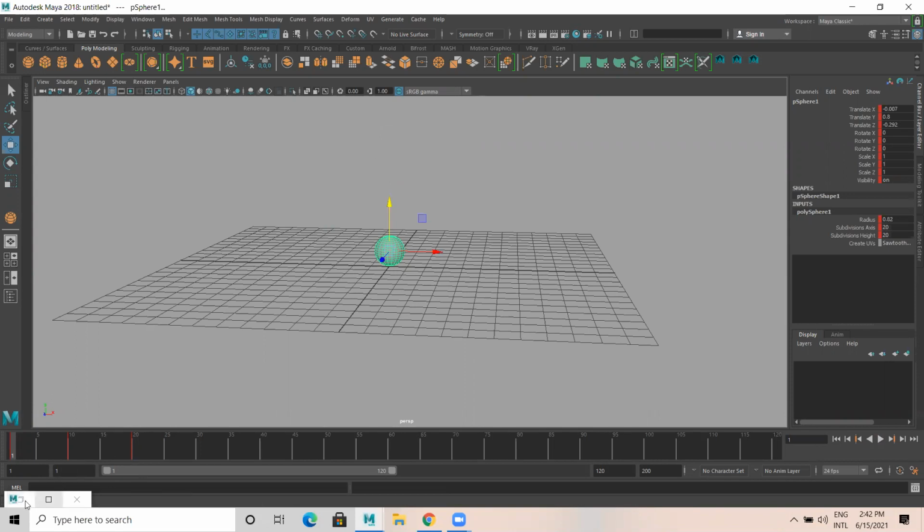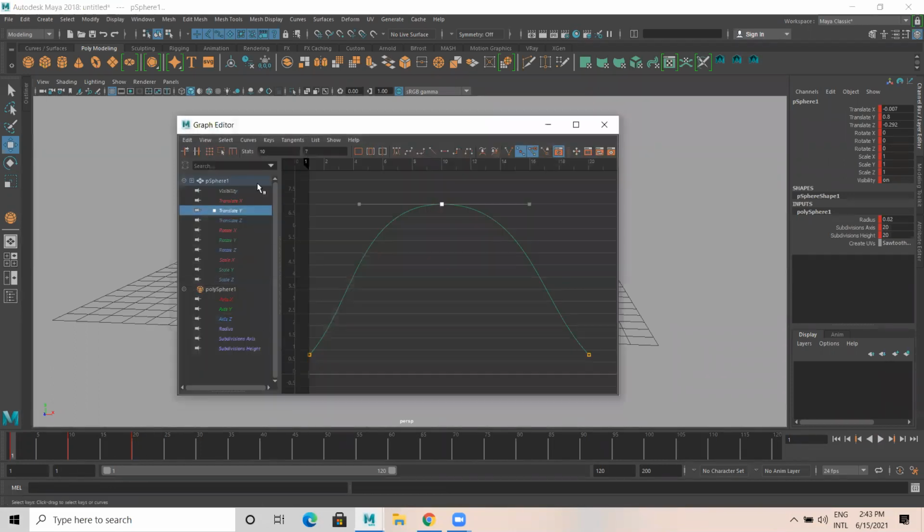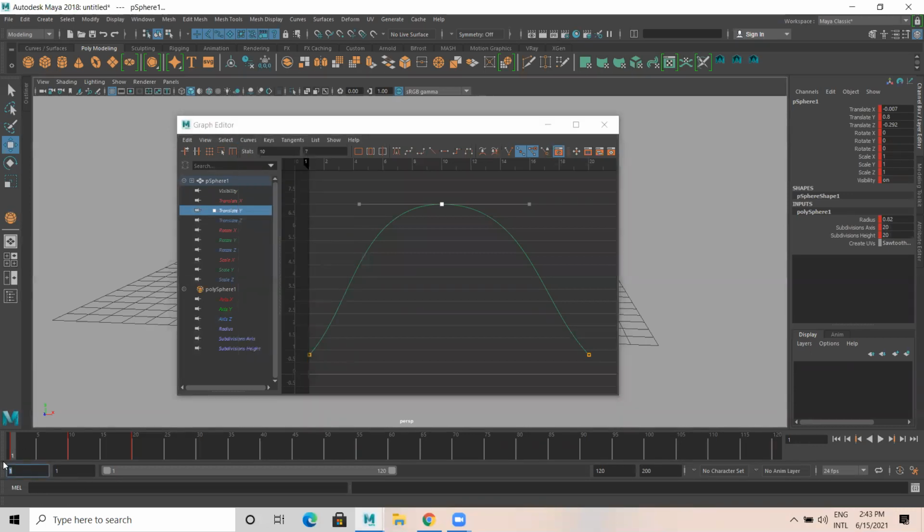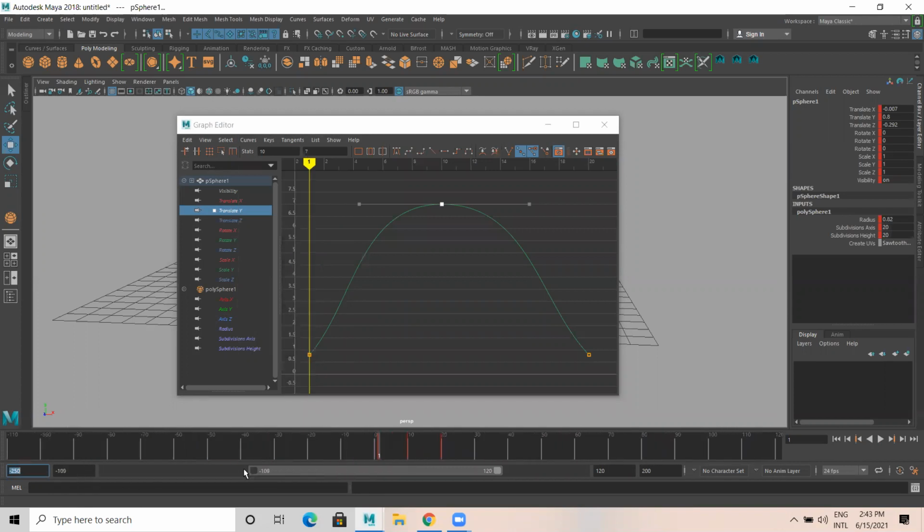Then what I'll do, as I said, there are two things: pre-infinity and post-infinity. Simple understanding: we started our animation from frame number 1, right? I can go to minus values also. For example, I can go to minus 250. These are negative values.